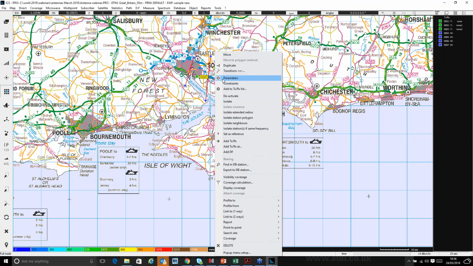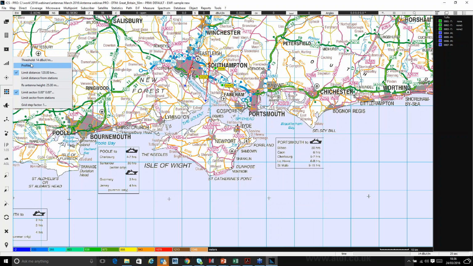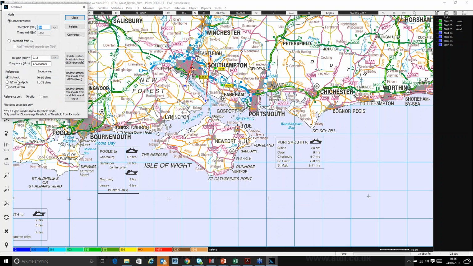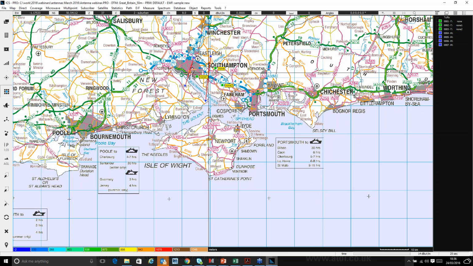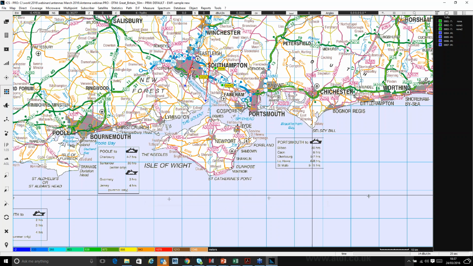if I then go back and look here in the station parameters, you'll see this is a dBi value, so reference to an isotrope. If I go and change this to a dipole, and then go back into the same station parameters, you'll see this is now dBd. So reference to a dipole antenna in that case. So that's looking at different references,